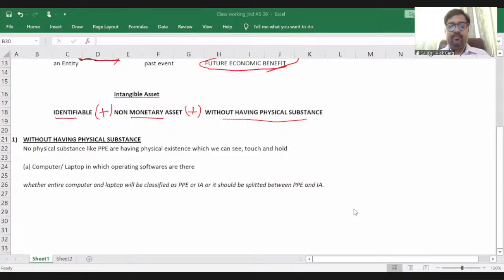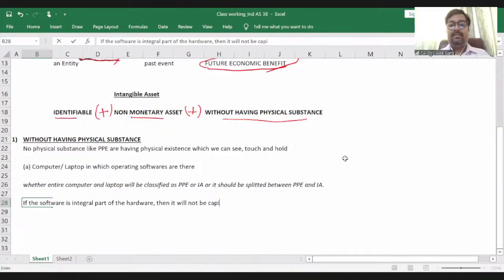Utkarsh and Srinidhi are saying only the software, sir. Sairam is saying PPE because operating software is an integral part of the computer, right, Sairam? So guys, although there is a computer and laptop and the operating software is an integral part of the hardware, if the software is an integral part of the hardware, then it will not be capitalized